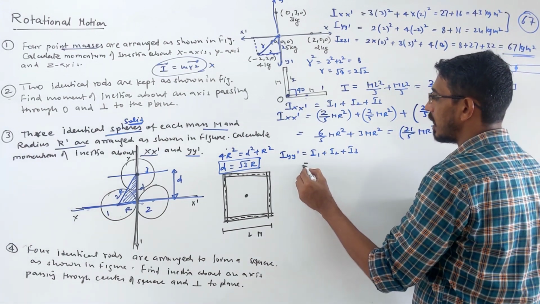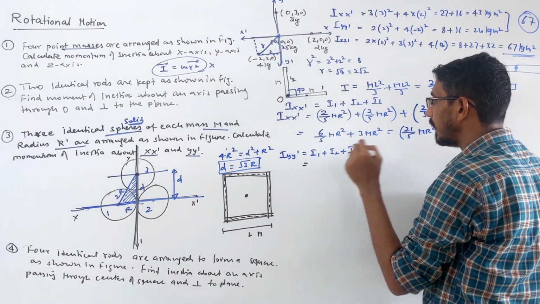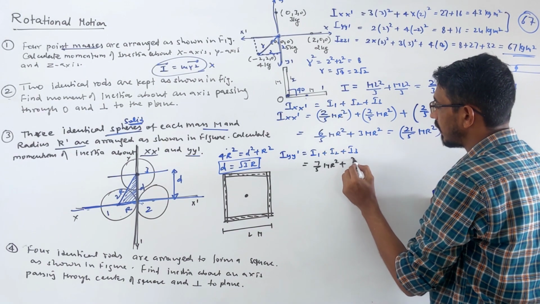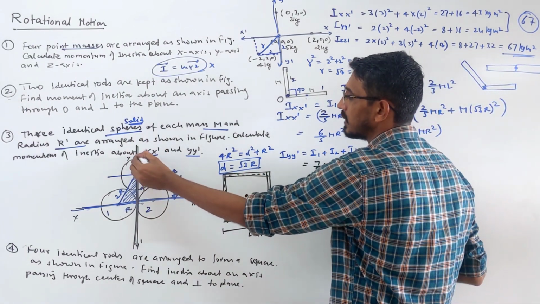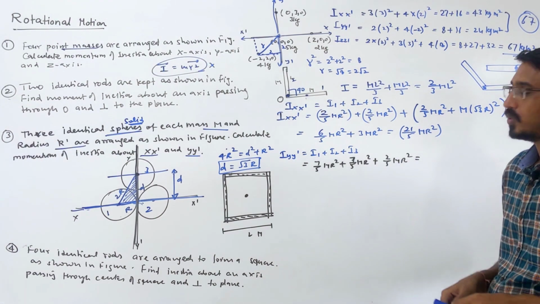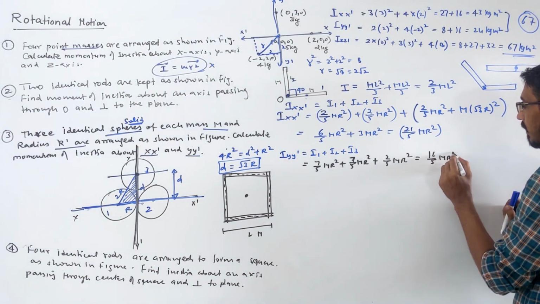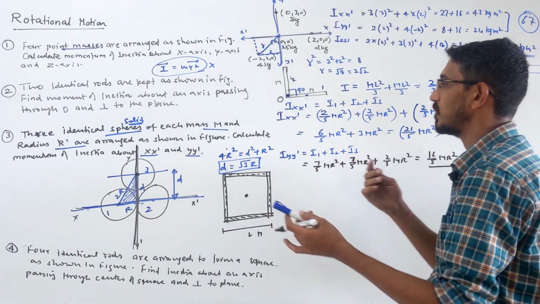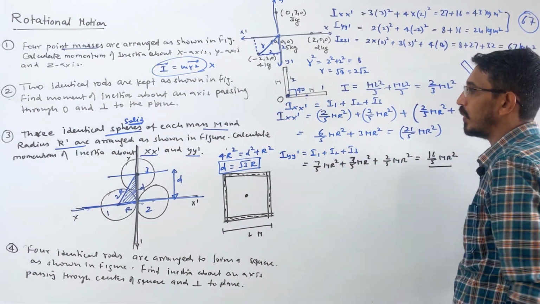So sphere number 1 is about tangent. Tangent follows solid sphere directly, we remember. So how much is that? 7 by 5 of mr square. Second sphere also 7 by 5 of mr square. And third sphere, this is about what? Simply diameter only, means general formula 2 by 5 mr square. Okay, so how much we get? 7 plus 7, 14, 14 plus 2, 16, 16 by 5 of mr square. That's your answer. So this is about x axis, this is about y axis. In exam they can ask like ratio also, what is the inertia about x axis to y axis, you can divide them, right? Okay, let's move on.